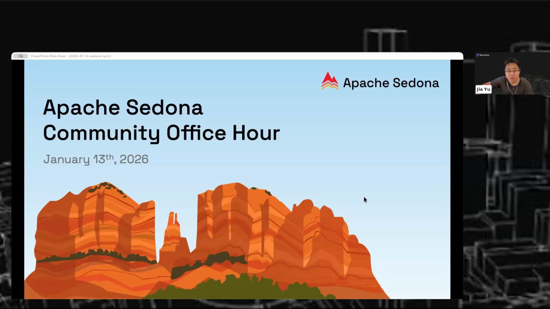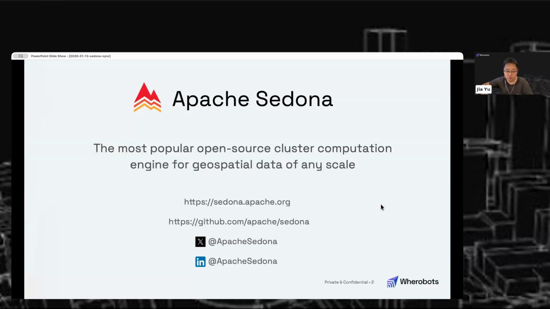Lots of exciting news to share today, including new releases and also some introduction about the recent benchmark we did. So first of all, let's quickly go through a quick introduction of Apache Sedona for folks who are here first